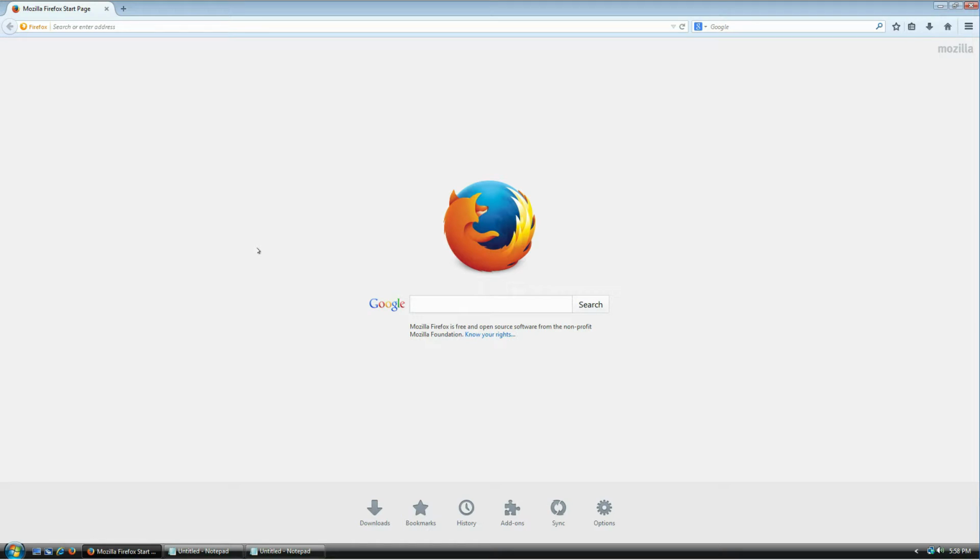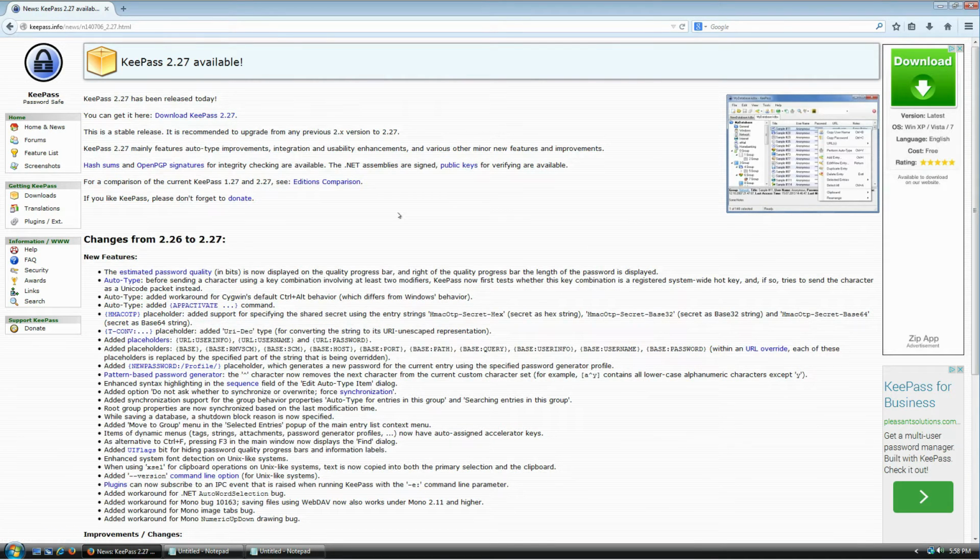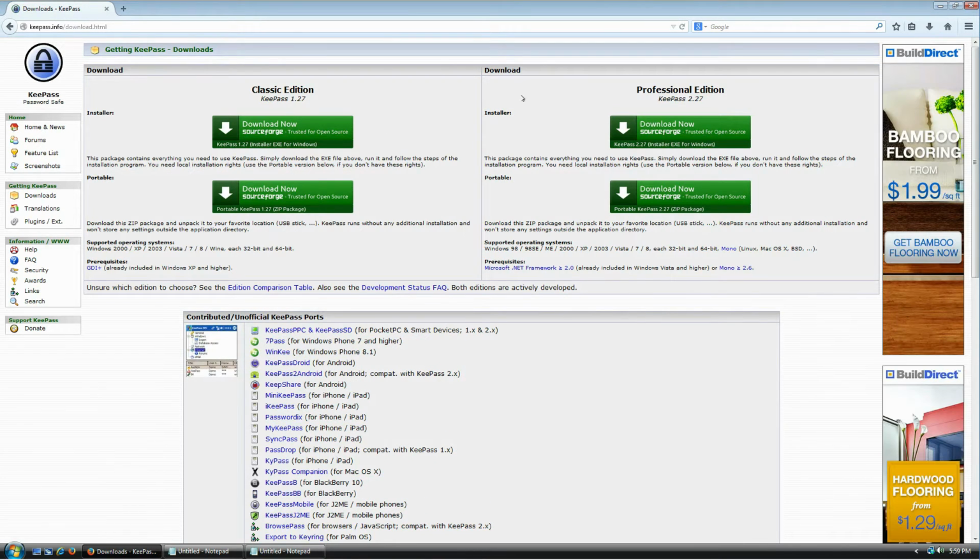Okay, so the first thing you need to do obviously is download the software, and for that what you want to do is go to keepass.info, hit enter, and that's it. So at the time of this recording, the newest version was 2.27, so I'm gonna go ahead and click here to download this version. You can see there is so many beautiful things around here. Just click here, download KeePass 2.27 again,